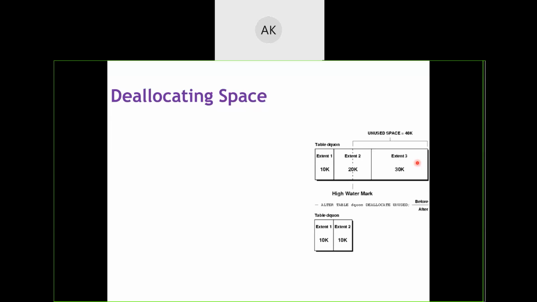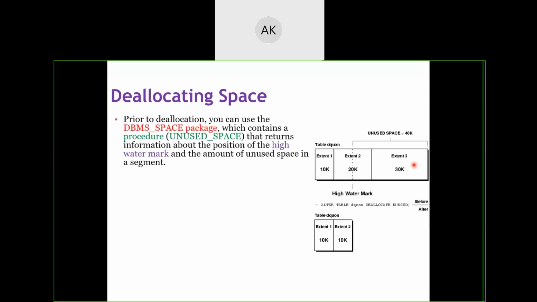There is unused space. If I want to deallocate this unused space so that this memory can be utilized for other tables, how do we deallocate it? Is there any pointer or any predefined function we can use? Yes. There is a specific package, dbms_space, and a procedure called unused_space, which will help us deallocate this space.